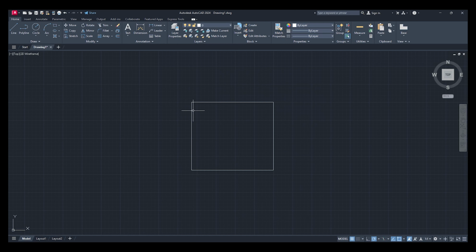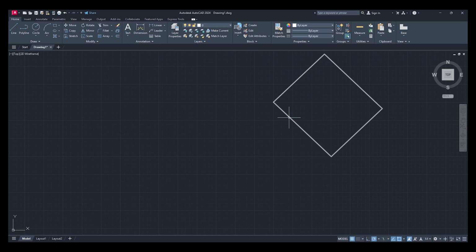changed. So if I start the rotate command again, highlight my object, enter, select my base point. Now I want it to go that way, but as you can see, the arrow for rotation is actually going that way. So whatever angle I put in, if I put 135, there you go. It's rotated at 135 degrees